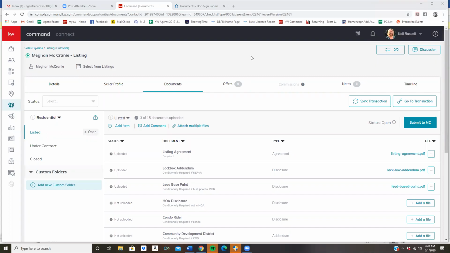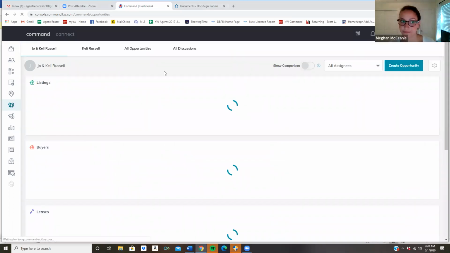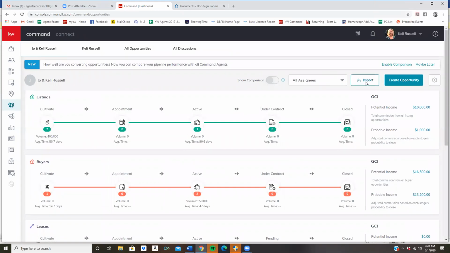Somebody had asked how to import loops using Command. I clicked on the little icon upper right that says import. Then it says import loops, a little box opens and it says import to which pipeline. And I assume I choose my name. Yep.